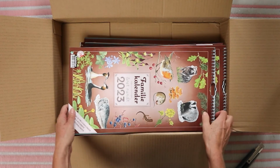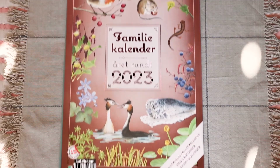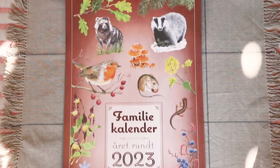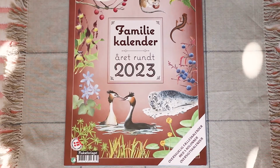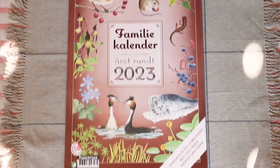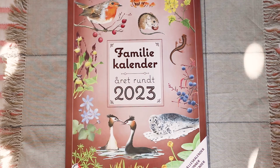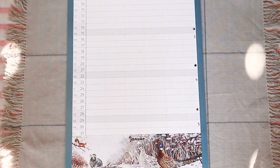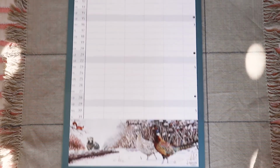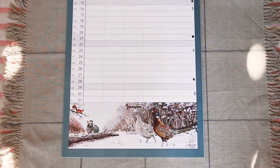So see, I'll set the camera closer to the floor so you can see this better. So this is the cover, and this year we chose to have a brown background, and the title is the same design as last year to keep it cohesive. And on the inside, hope you can see it well, each page has a different color